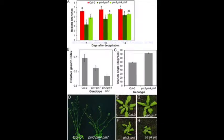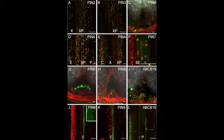Okay, so that's interesting. I mean, this isn't the focus of this paper, but we know from previous work in the roots that PIN3 and PIN4 are in different cell files. Is that what you see in the shoot as well? Are they in different cell files, or do their expression patterns overlap? A bit of both. There's definitely overlap within the stem. What you tend to see is that, for example, PIN3 has quite a broad domain. It has more of a polar localization than, for example, PIN4, whereas